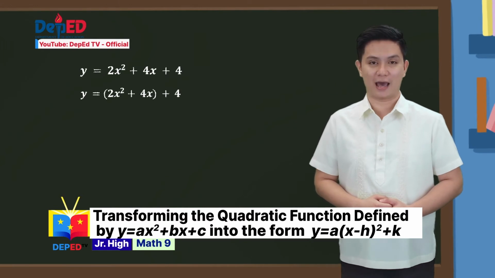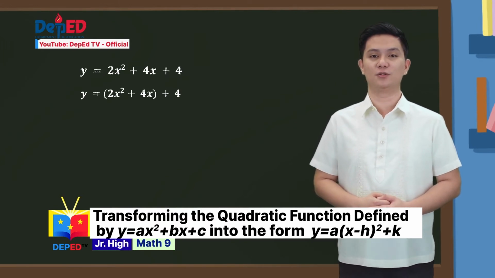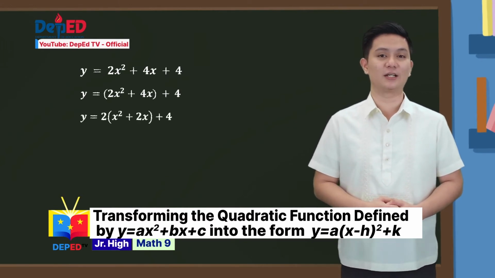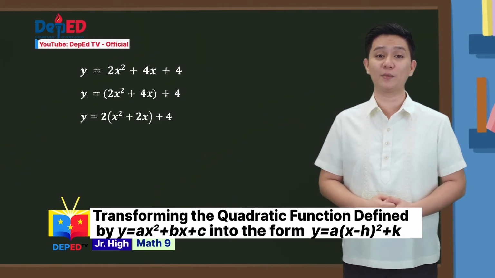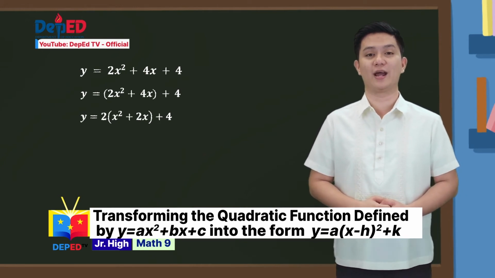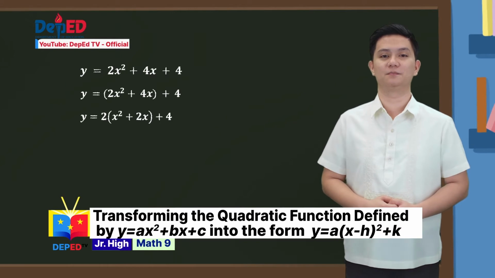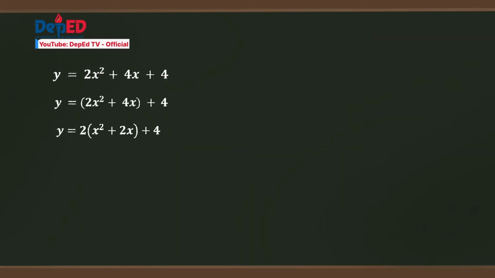Next, we factor out the coefficient 2. Thus, y is equal to 2 times the binomial x squared plus 2x plus 4. Then, we square the half of the coefficient of x. 2 is the coefficient of x. Its half is 1. The square of 1 is also 1. We add 1 to the binomial enclosed in the parentheses. Hence,